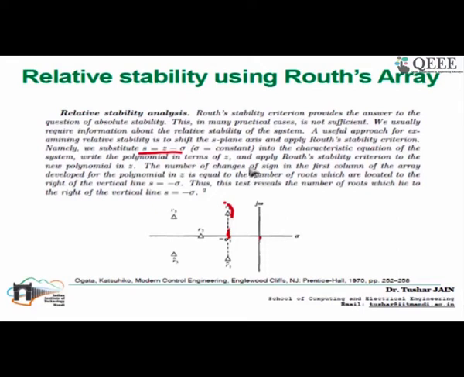Z, okay? Now again, you form a Routh array with respect to the variable Z, and there you can see how many roots are lying on the right hand side of this point. Okay, it does not speak about the stability. That is to say that if it says there are two roots,